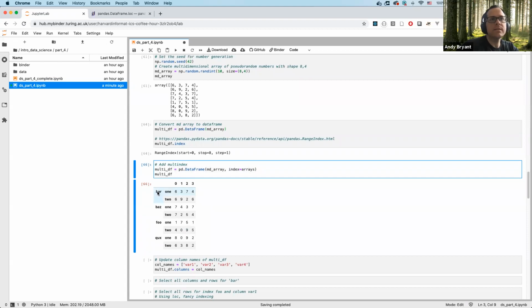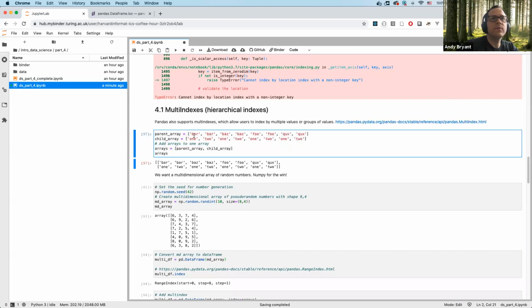It actually says this is going to be our first index, and then it also says this is going to be our second index. All right, so this is what you would call a hierarchical index. Notice, for example, that all of these, so 1, 2, 1, 2, and we have bar, bar, baz, baz, foo, foo. And so what it's saying is that each of these individual unique values of bar, of baz, of foo, all of them have a 1 and a 2 corresponding indices,